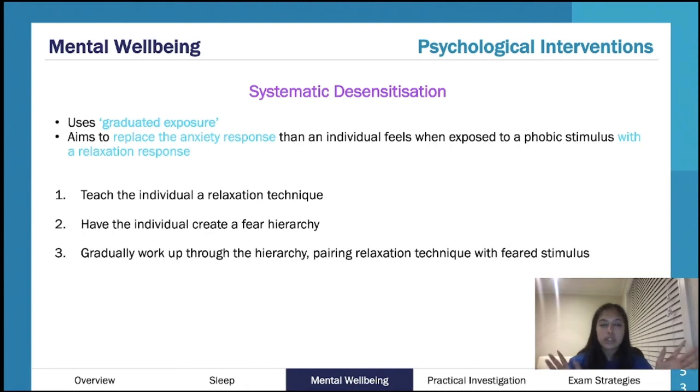It would be completely useless if you were to get to the photo, and they're already feeling still panicked, and then you go, okay, let's go to the next one, the next one, the next one, because that's not going to work, because they still feel fearful at even looking at a photo. They're not going to do well at having the spider on their hand. So it's this idea of they move through each step only when they're 100% comfortable and no longer fearful of this specific situation. And so by the end, when they're able to have that spider on them, that fear is really, really being reduced.